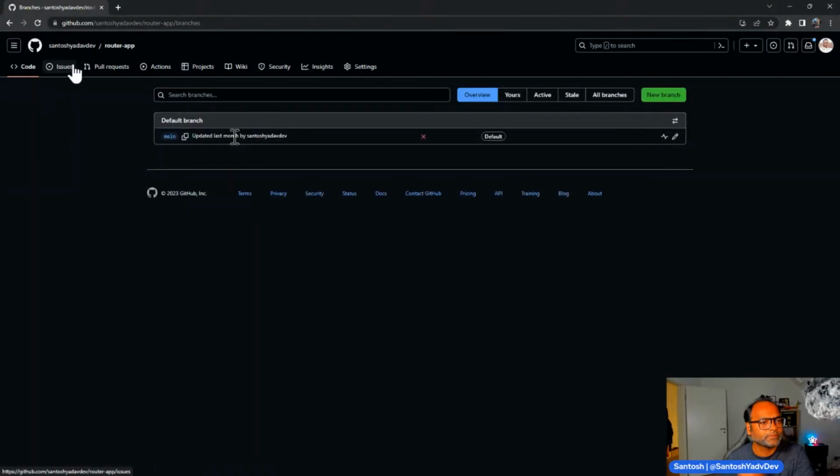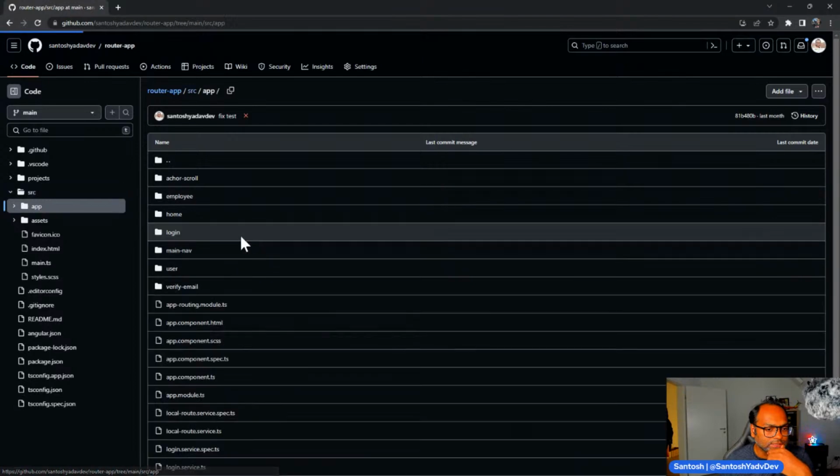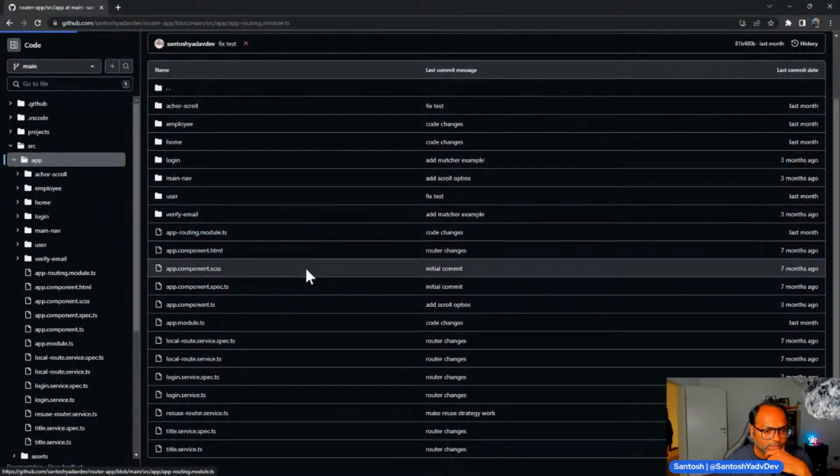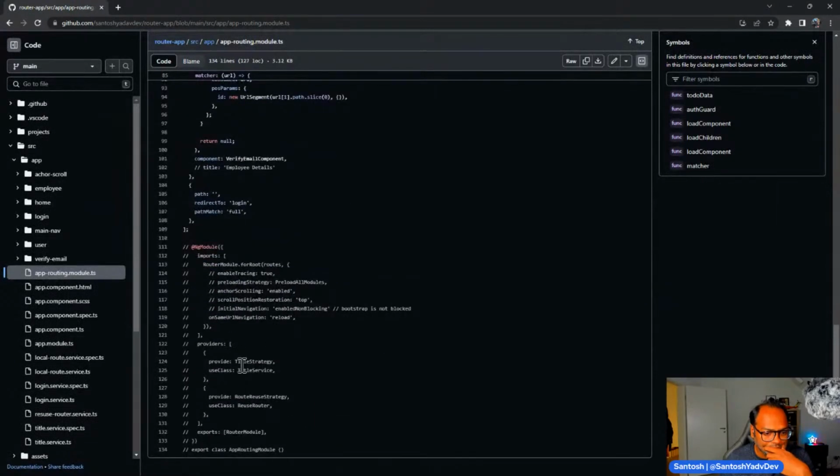What happened here? Because this is another app, I have code inside SRC app. Okay, let's see. So the API should be here, and what we need is